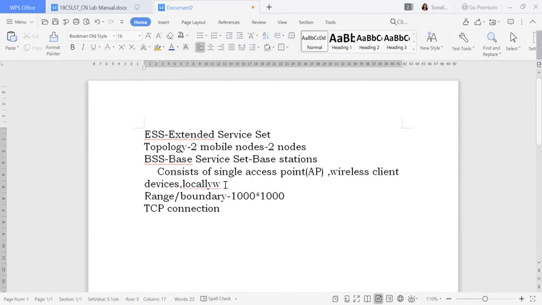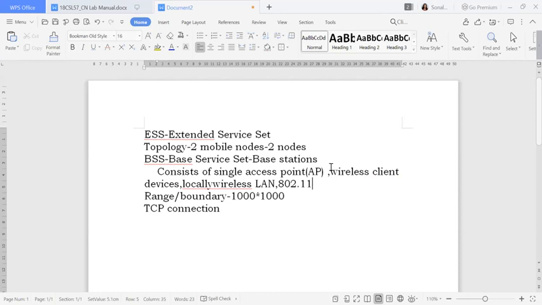Otherwise, in some wireless LANs which have the value of 802.11, it can be created there also. So all these things together are known as your base service set, also known as your base station.